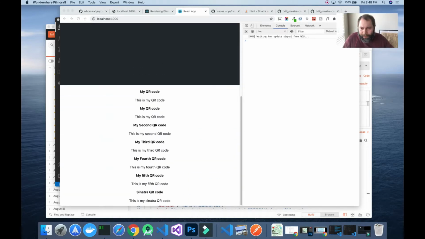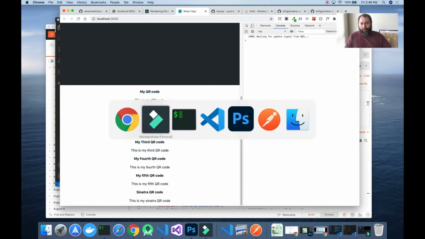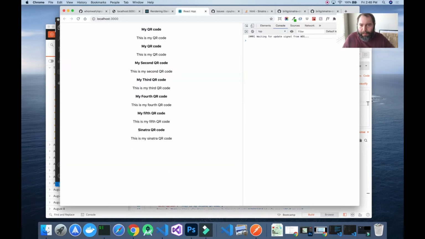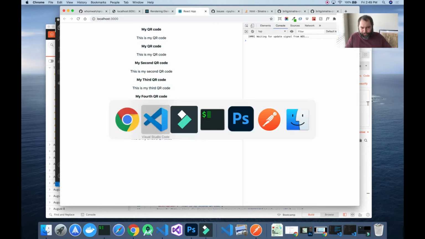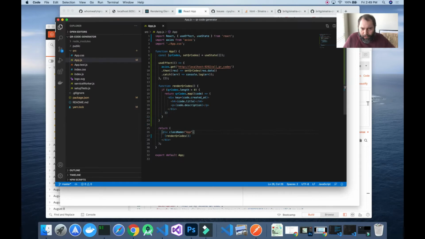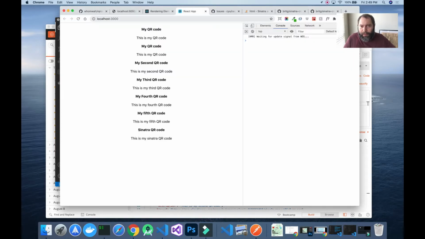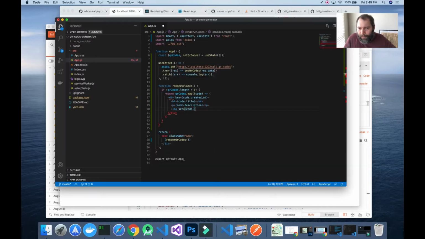And if you see, we have my QR codes rendered here. Let's actually remove this header completely. You got me confused a few seconds ago. Okay, so we have this. So now let's also add an image. So source is code.image, what did we say, image,